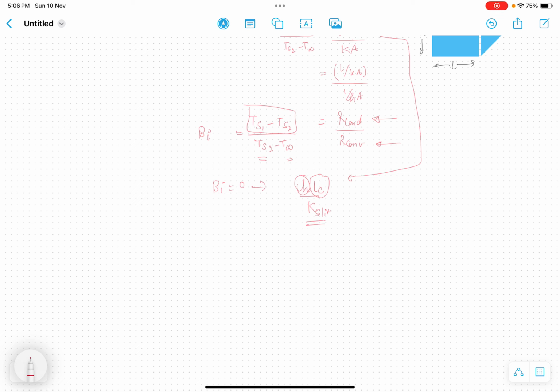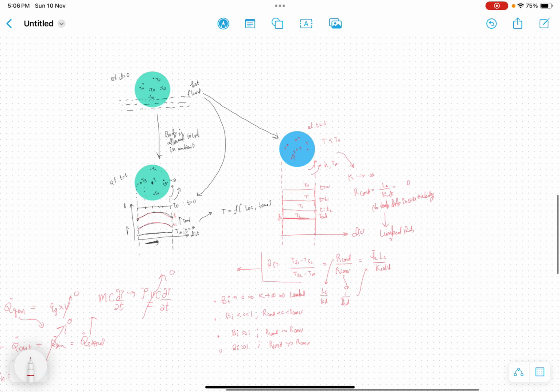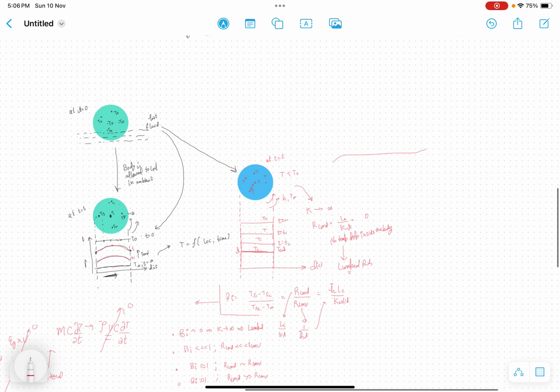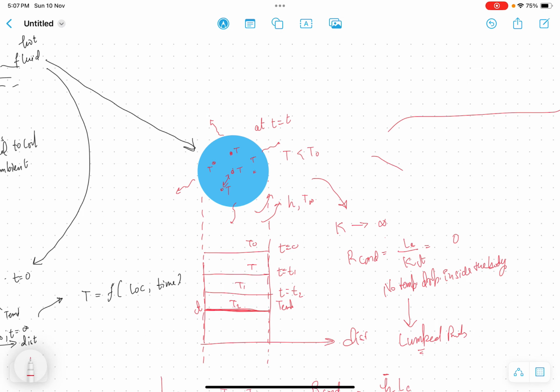It means that we can safely assume that they are behaving as a lumped body. It means there is no temperature gradient in the body, as we saw in the last class, that there is no temperature gradient between the 2 points and still heat is conducting away from the body. Alright,